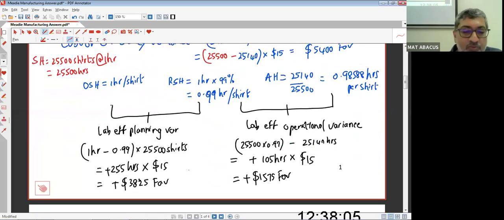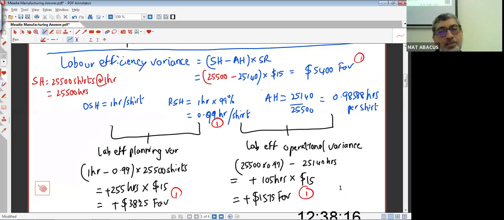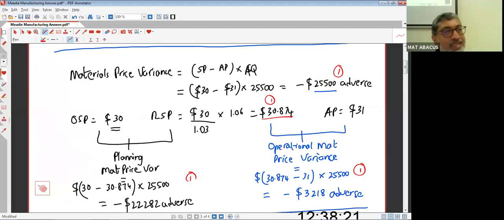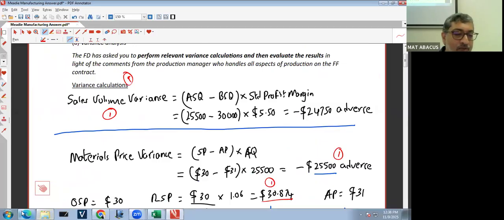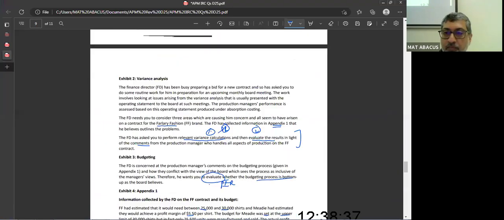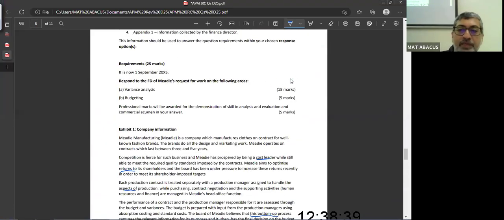So there is 1 mark for this one here, again, 1 mark for this one here, and again, 1 mark for the revised material time of 0.99 hour. So 4 marks for labor efficiency variance, 4 marks for material price variance, 1 mark for sales volume variance. So 9 marks in total for calculations, which is extremely good. Yeah, because in total, the question had 15 marks. So out of 15 marks, 9 for